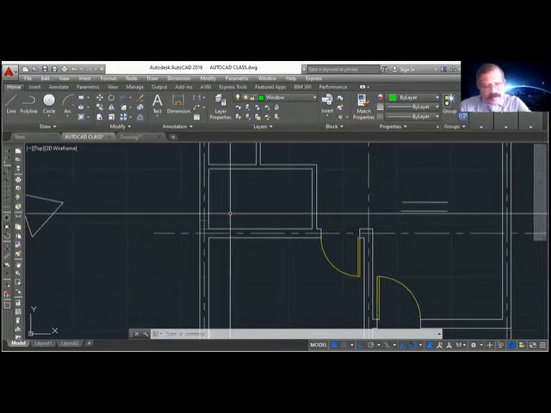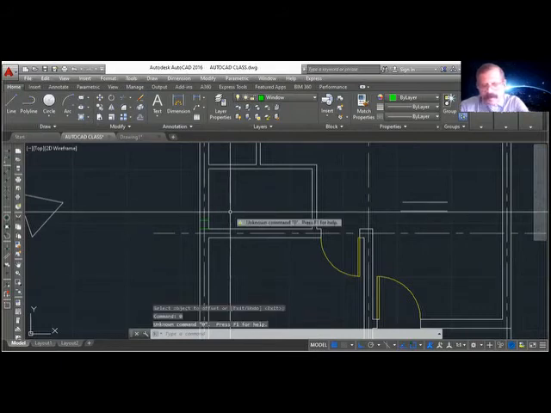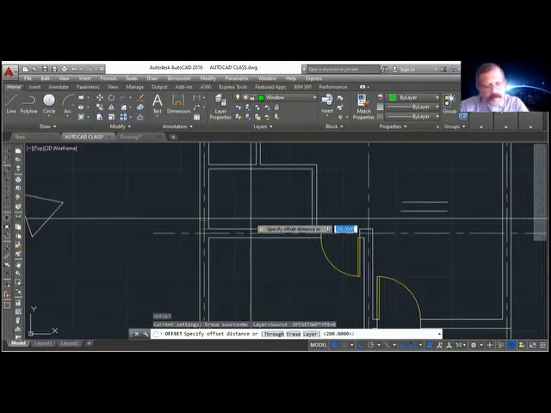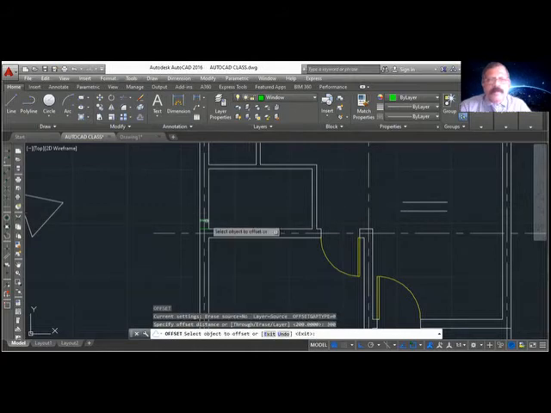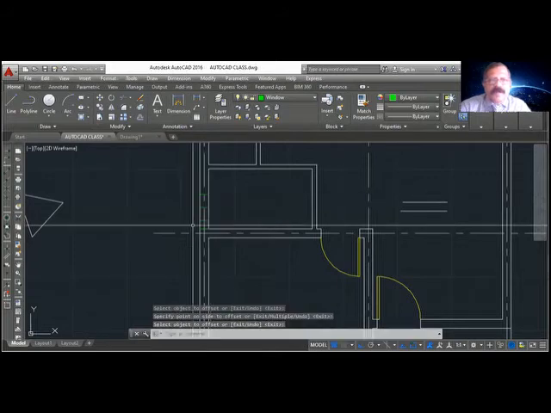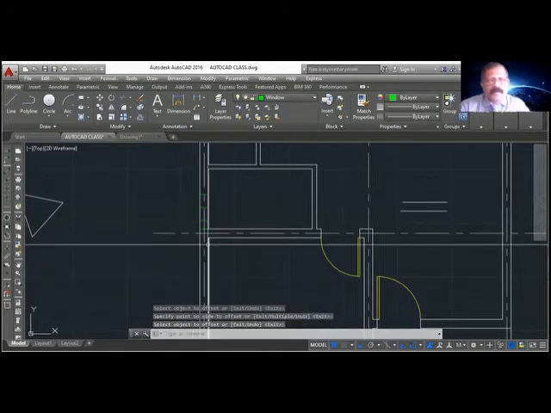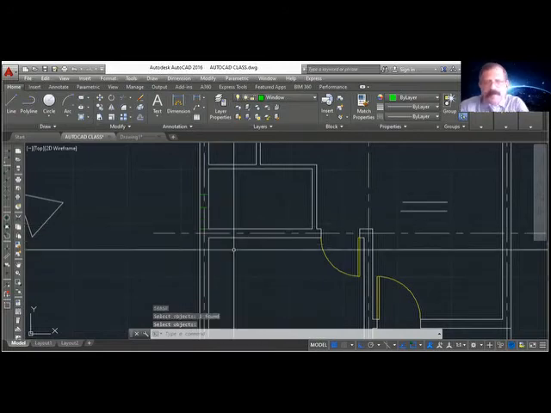And usually the ventilator is 600. So I'll say offset 600. I will keep 300 2 times. Okay, so this is my send.